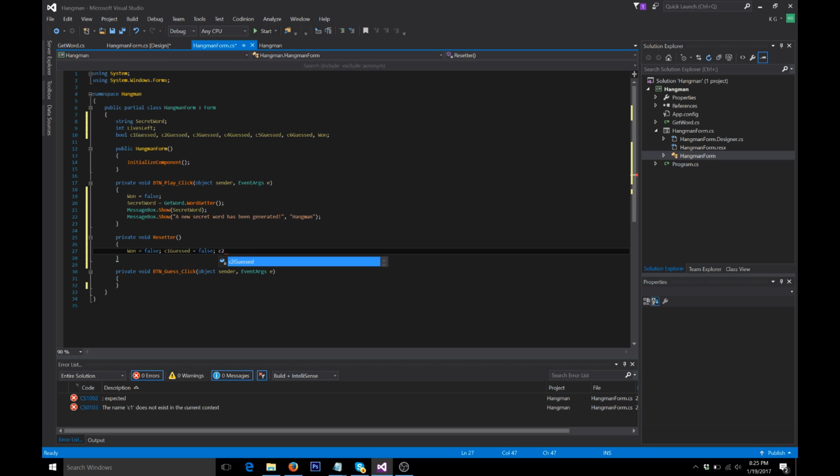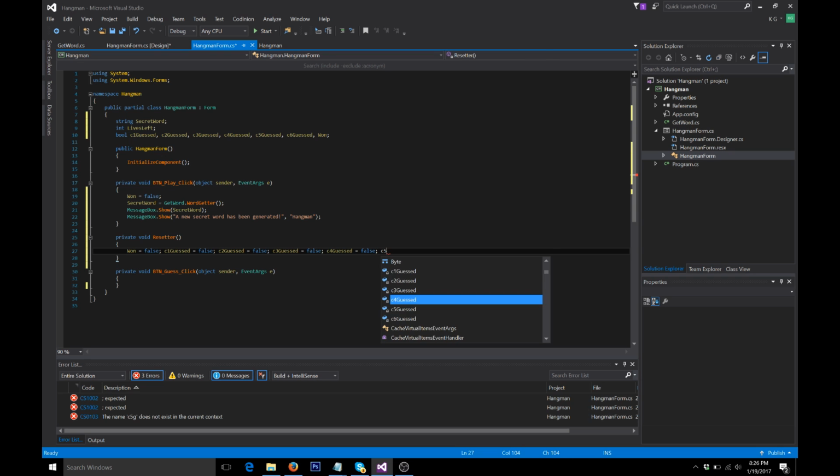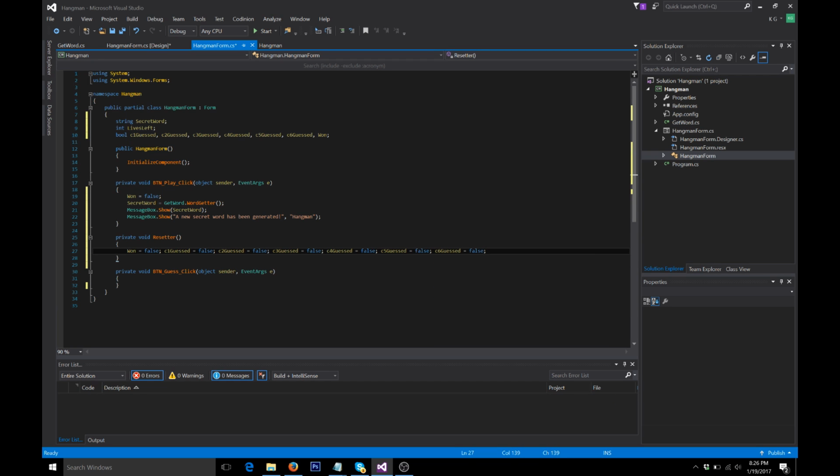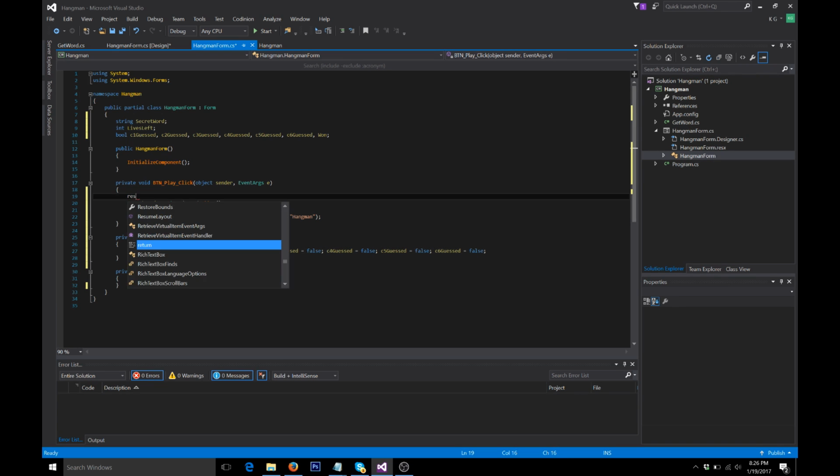We're going to set C2 equal to false, C3guessed equals false, C4 equals false, C5 equals false, and C6 equals false. Okay, then we're just going to call that method. So we're going to call resetter,